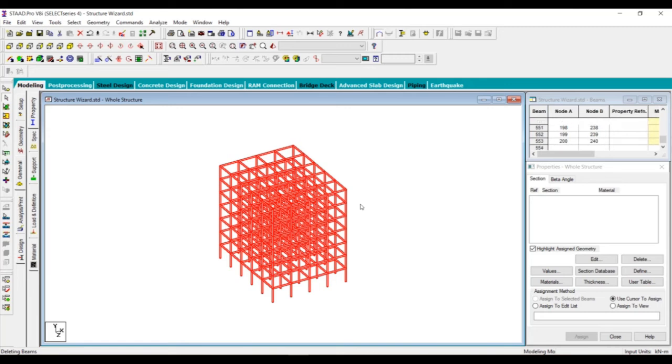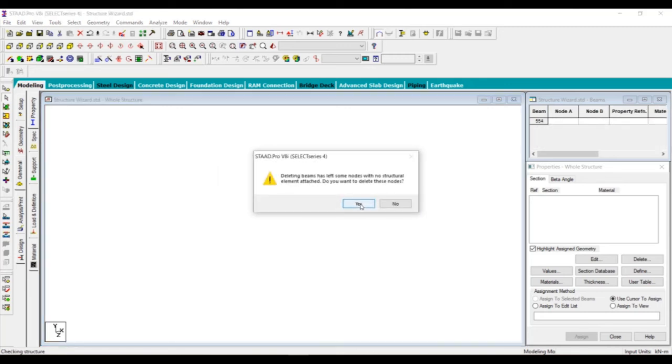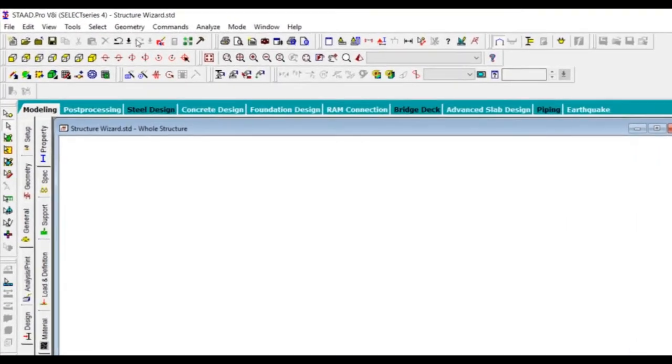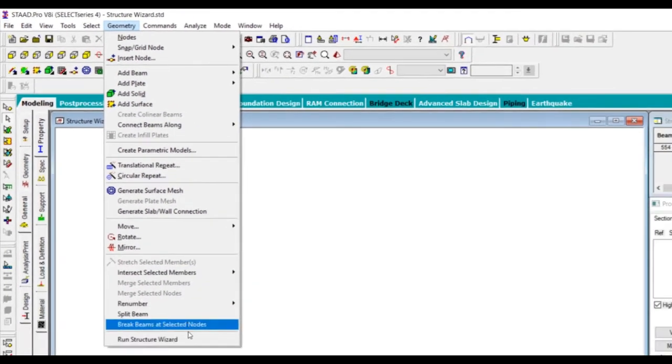It will delete everything that you have defined so far, and click on yes. Now let us see other options. Go to geometry again and click on the run structure wizard option that is available at the bottom,